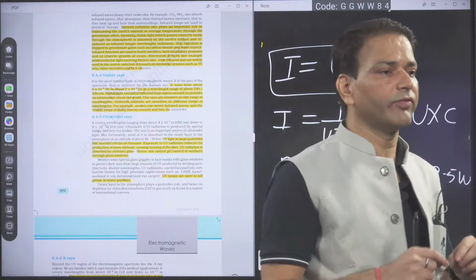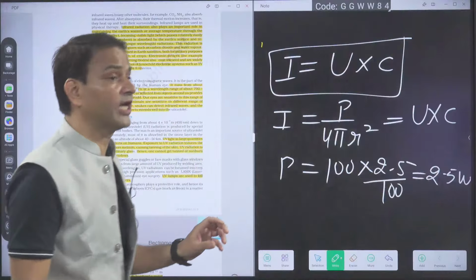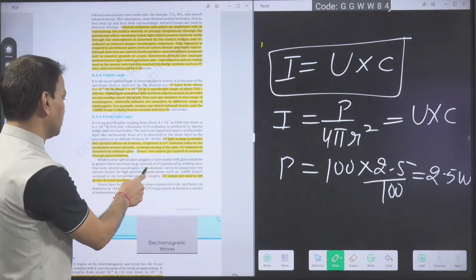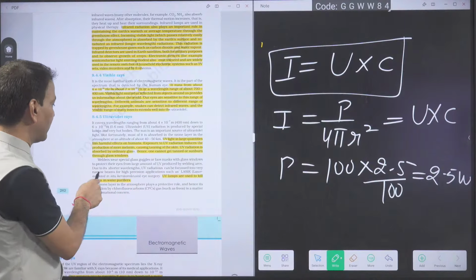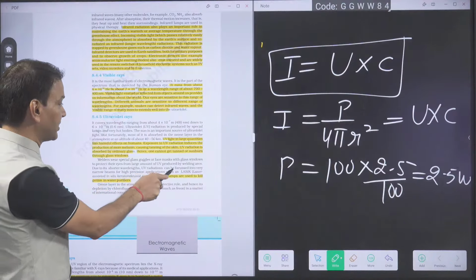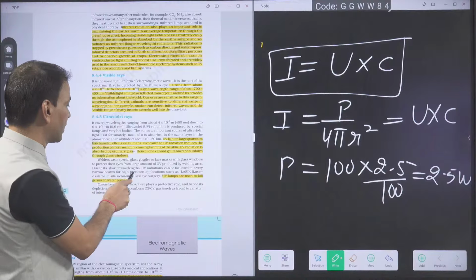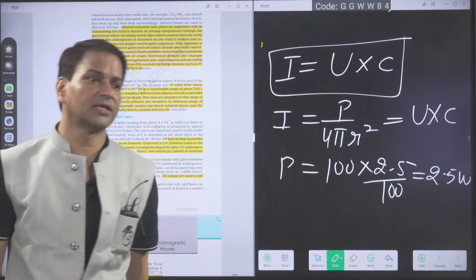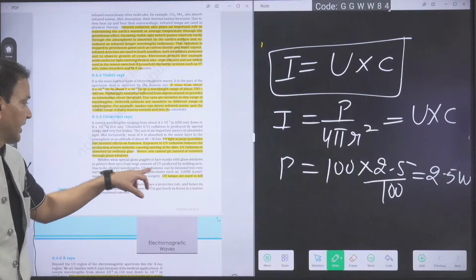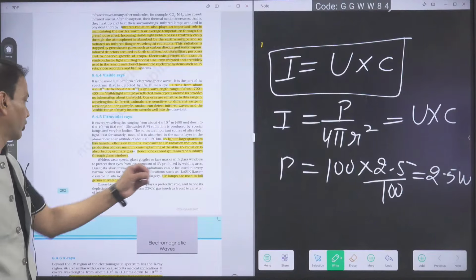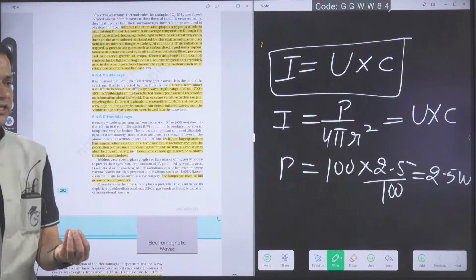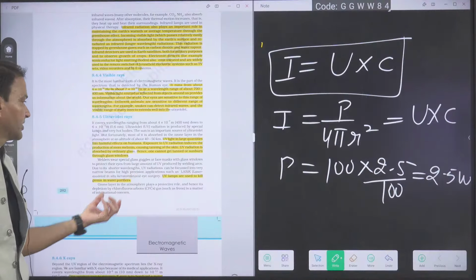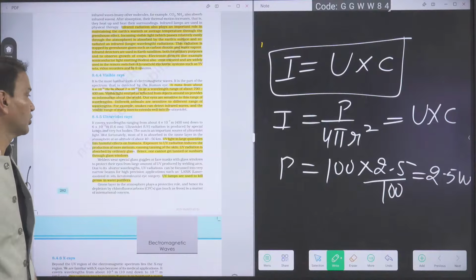One thing, due to the short wavelength, it forms a very narrow beam, so we are using it in laser operation also. UV radiation can be focused into a very small narrow beam for high precision applications such as eye surgery. This was also given in the exam. Due to the small wavelength, it can be focused into a very narrow beam. So this is the use of UV radiation: for water purification and for eye surgery.